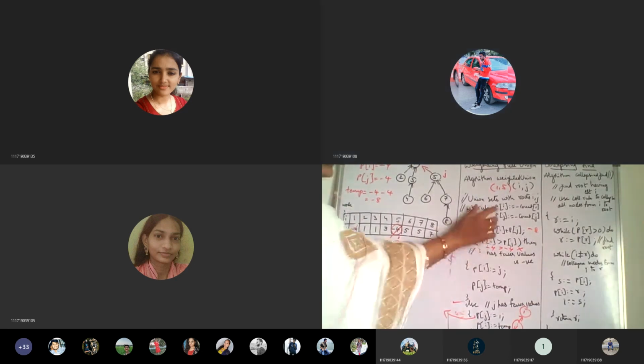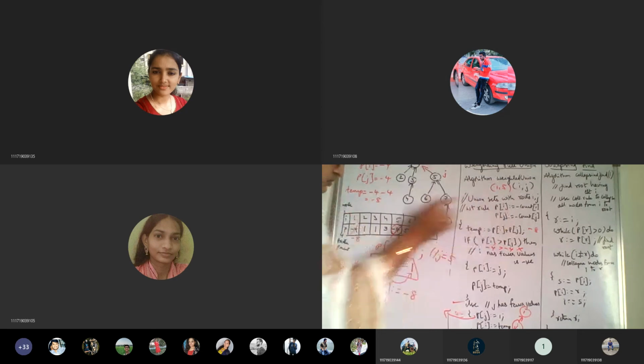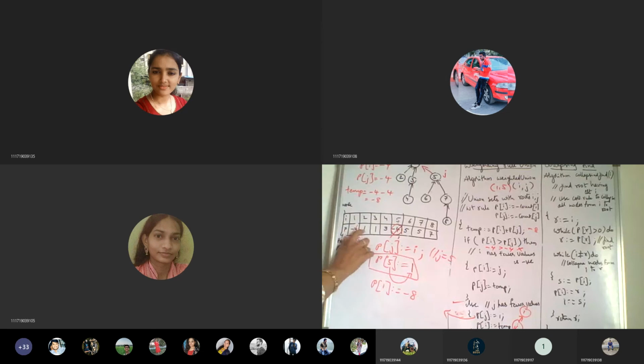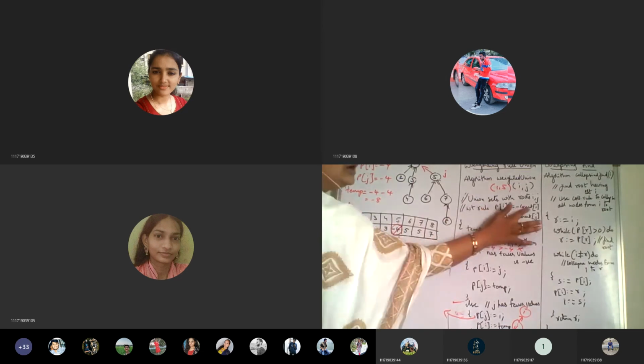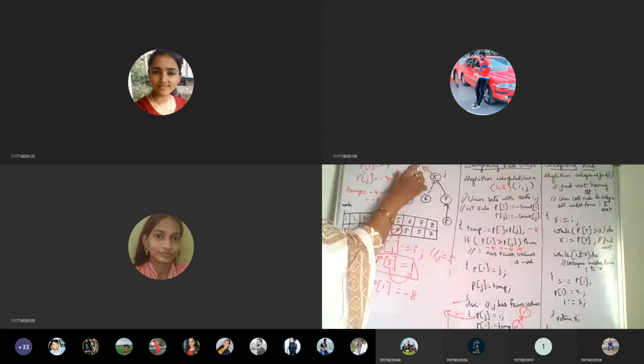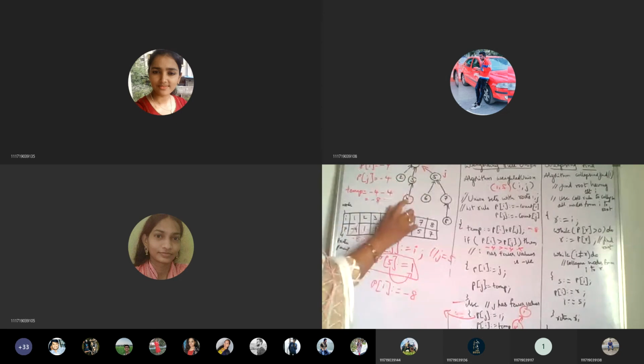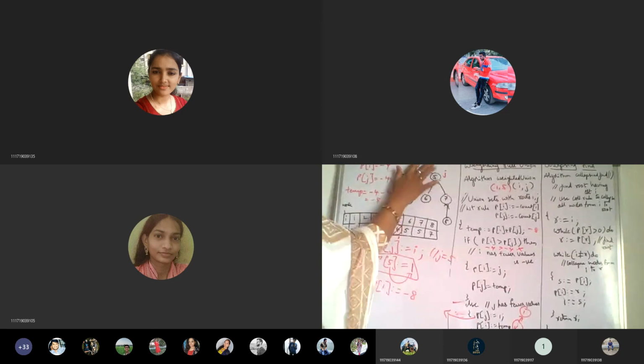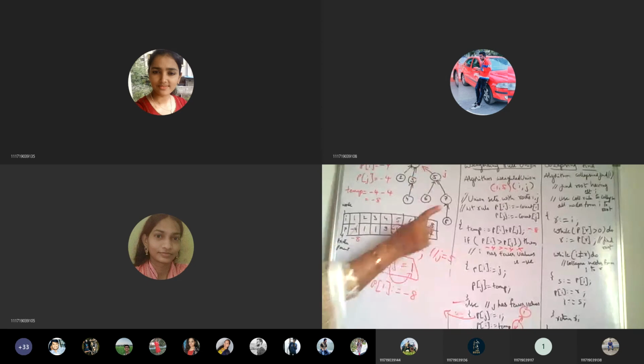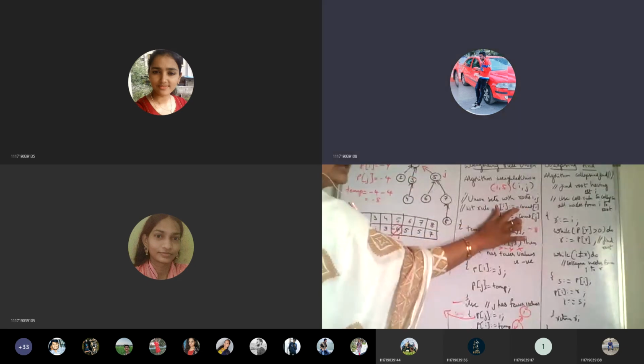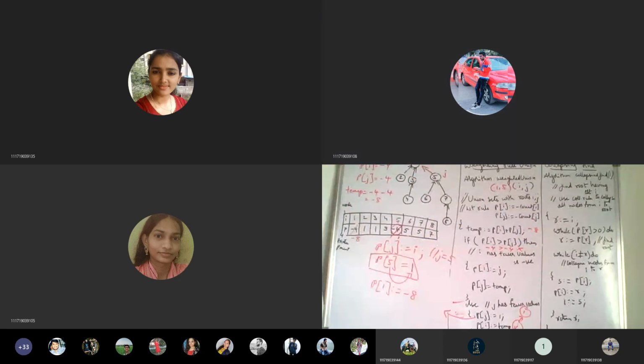Here, if you see in the algorithm, P of I is equal to wherever the pointer is pointing to. So this value is nothing but count of I. So under I, whatever may be the count, the number of nodes at that node, including that node, that will be the count. And we are giving negative since it is a parent. Is that clear? Yes, ma'am. Thank you, ma'am. Okay. Any other clarification? Shall we continue with the next one?